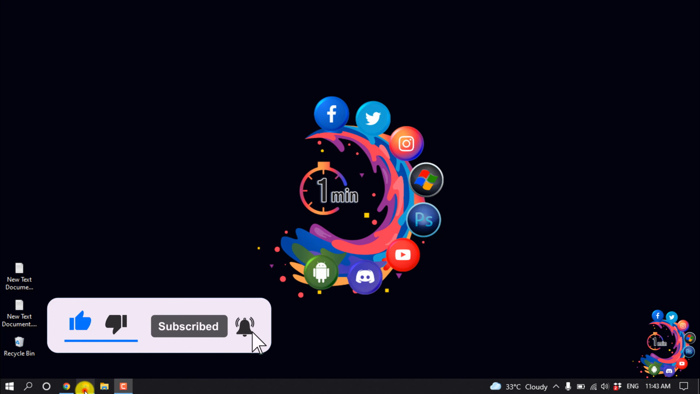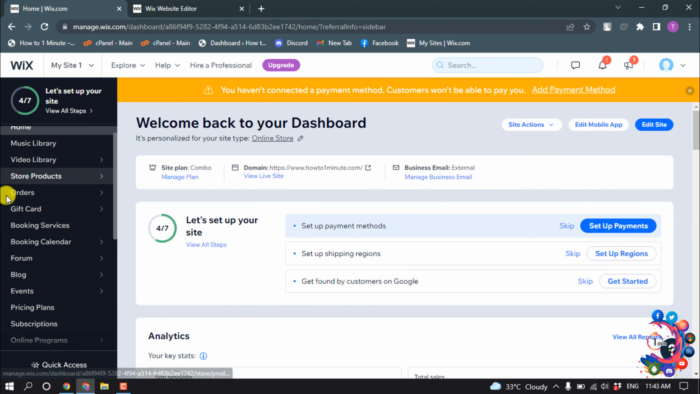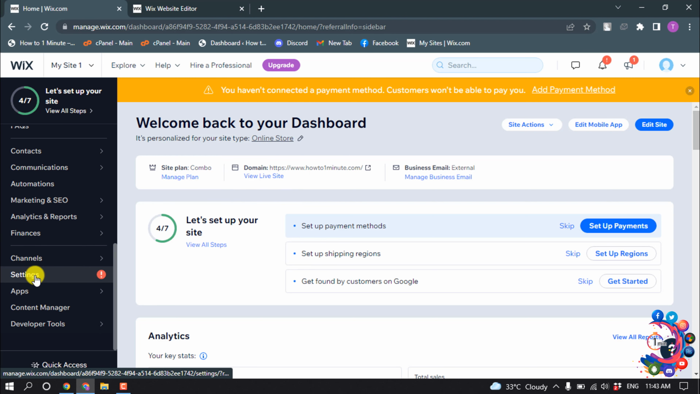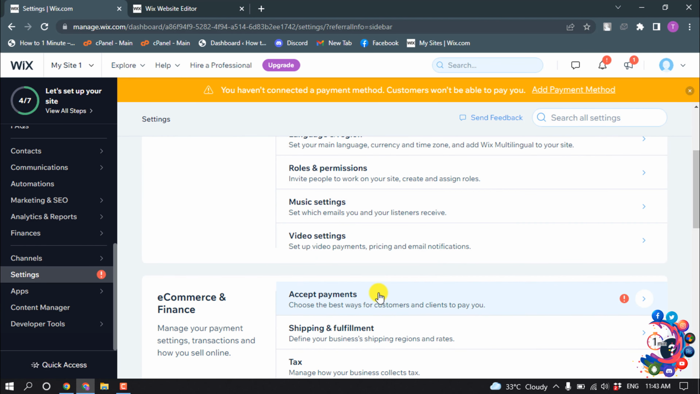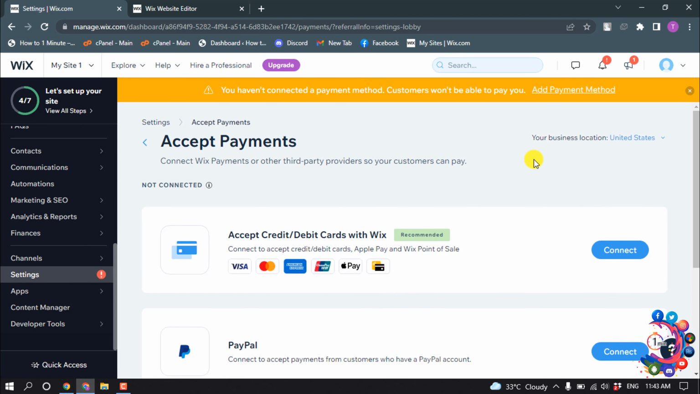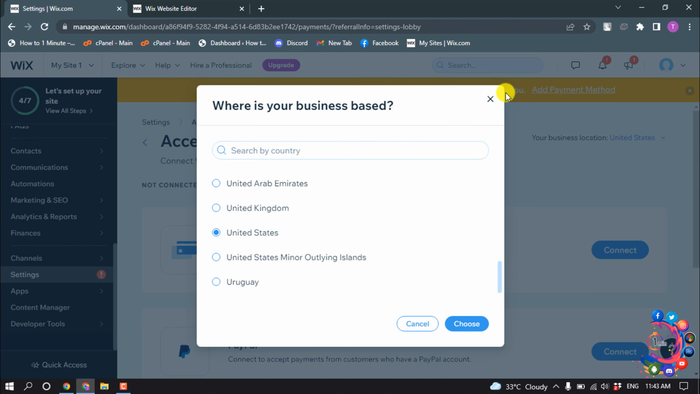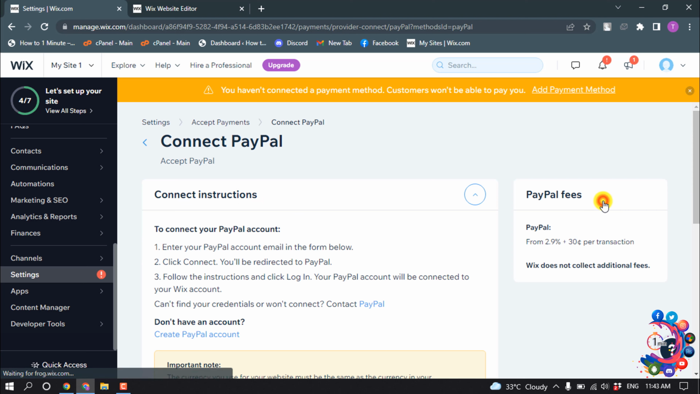So first of all, open your site dashboard and scroll down on the left-hand side and click on Settings, and now click on Accept Payments, and make sure to select your correct business location from this drop-down. And now here you'll find PayPal, and once you get it, click on Connect, and here you can see the